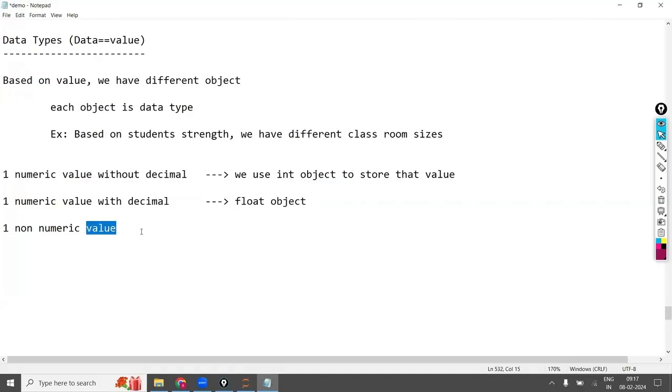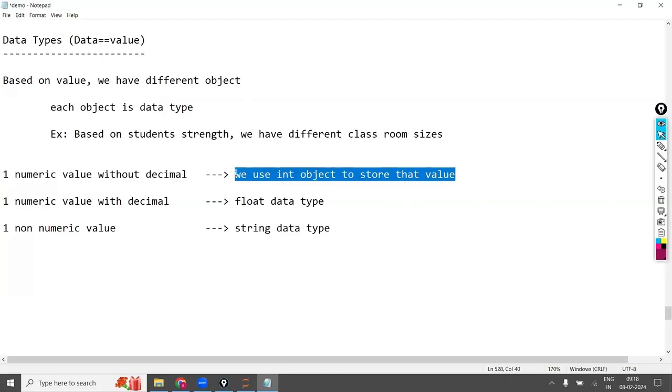If you have non-numerical data, only one, in that case we are going to use the string data type. This one is the float data type, and here we are going to use the int data type.